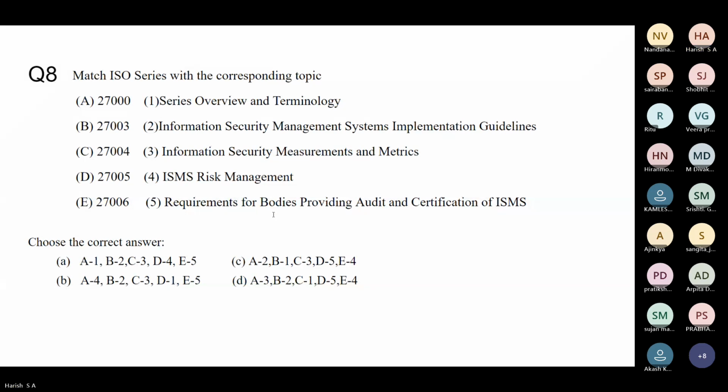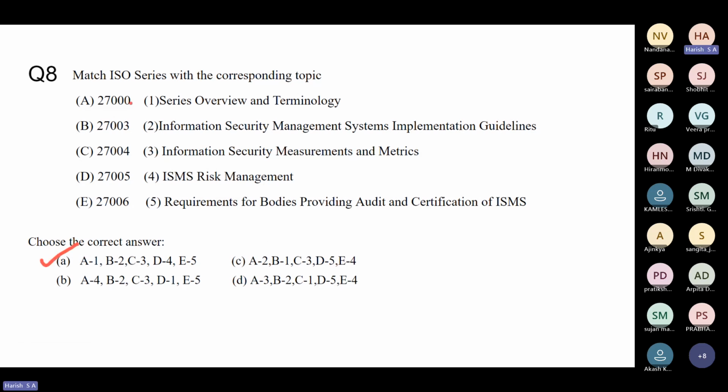A. The hint is option D, 27005. 27005 is risk management. So among all the alternatives available, D is 4 in option A only. So yeah, you're right. Option A.